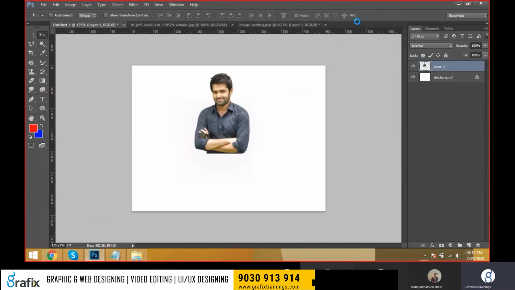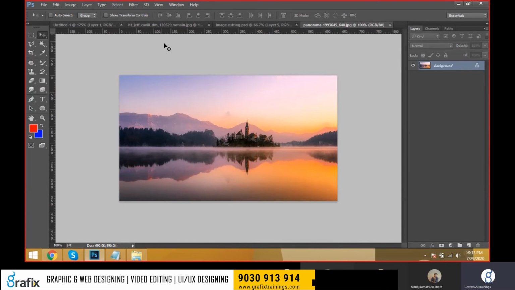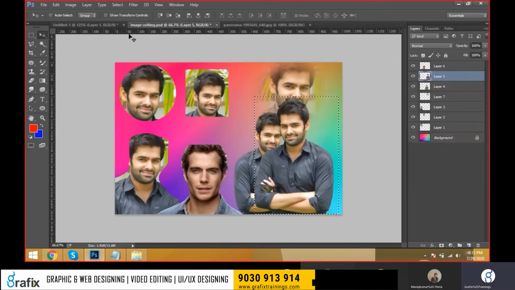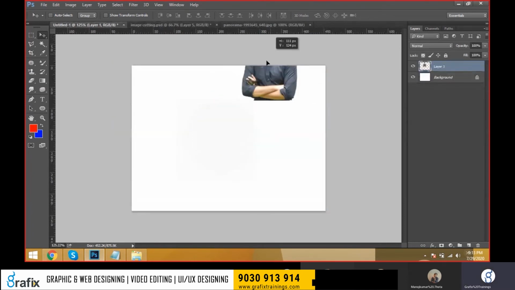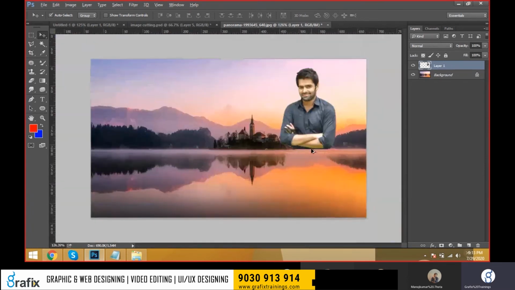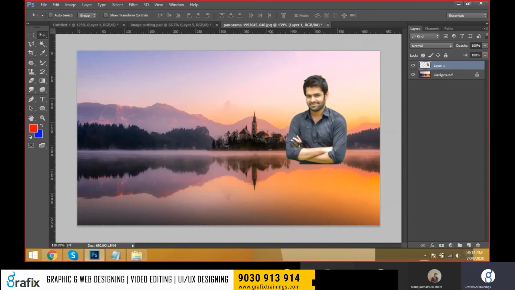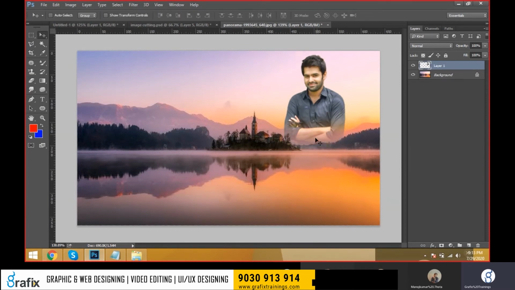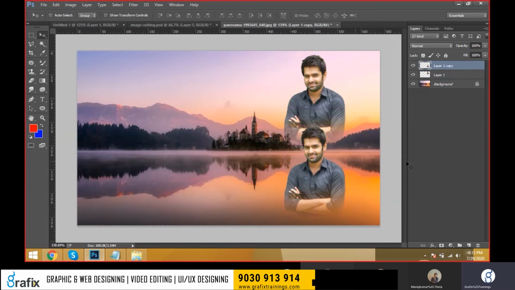and come to here and drag and drop into here. Okay, like this. And the same document we have, come to here and you can place it here directly. Here you have done it, but the edges are not clean, there is a cut fill. Then you can keep the cut fill, or otherwise you can erase with a soft eraser, take a soft eraser like this, you can place it. Okay, and come to the duplicate, right click, Control T, transform, right click, flip horizontal,